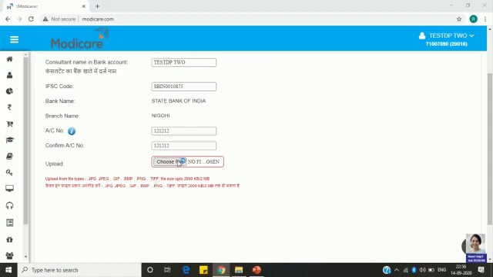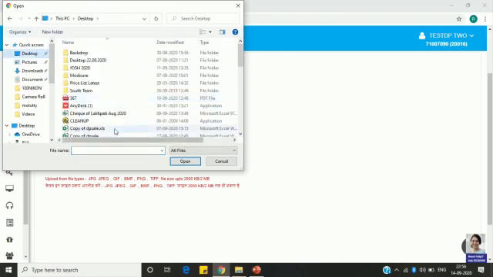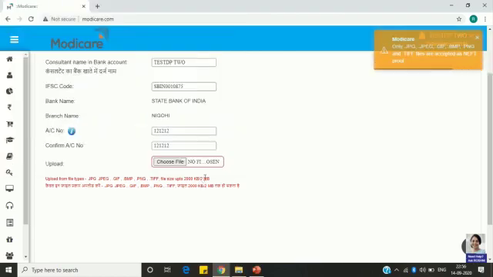So choose the file, select the file and upload it. So here it shows it is not in that format, and hence upload the right format here.